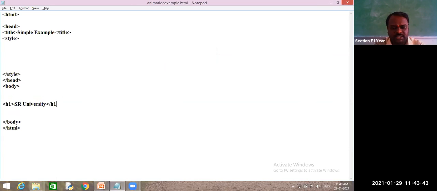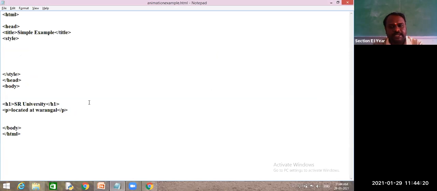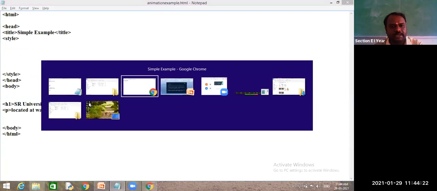Following this, we have a paragraph: located at Warangal. This is my text, and we'll see this program in our browser. So SR University and we located at Warangal. These two are present.